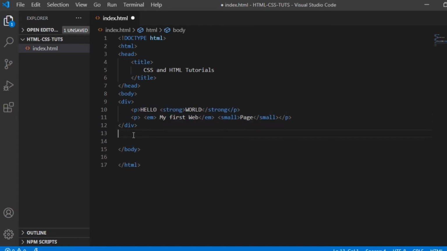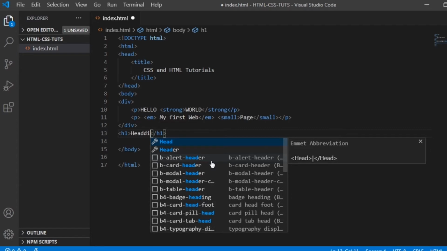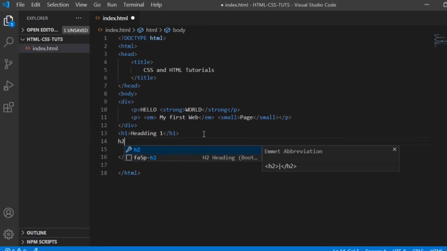Okay, so the next tag that I am going to introduce is the heading, or the H1. Heading 1 means that it would be described as a heading, and whatever content is inside the H1 would turn into a heading. So let's say, for example, heading 1, and then let's create heading 2, H2.